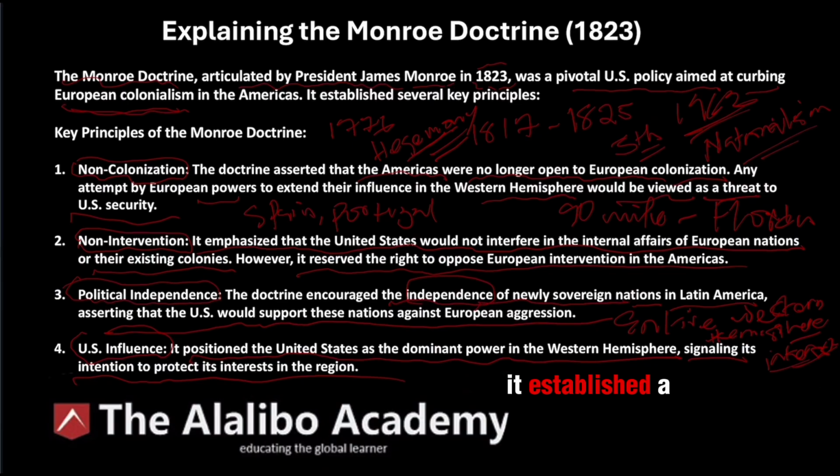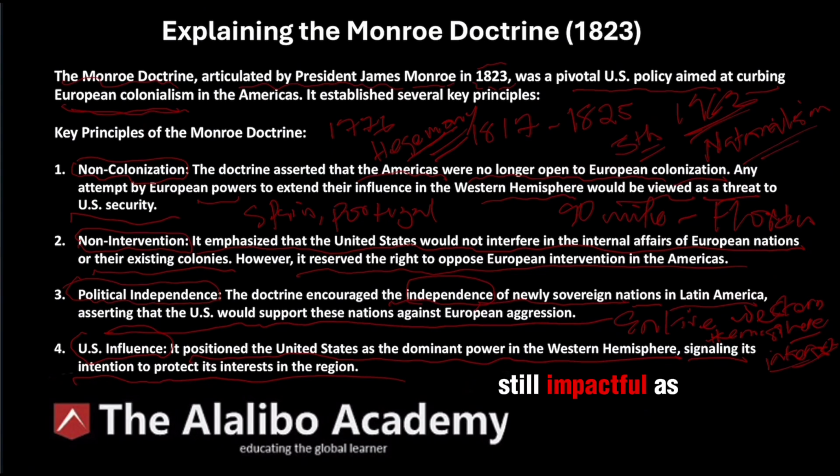It established a precedent for U.S. engagement in the Western Hemisphere that continues to resonate in contemporary international relations, is still very significant and still very used. And like I said earlier, some presidents have used it more than others, but nevertheless,